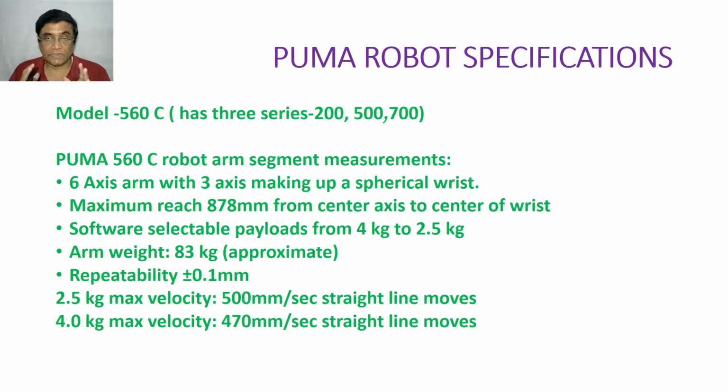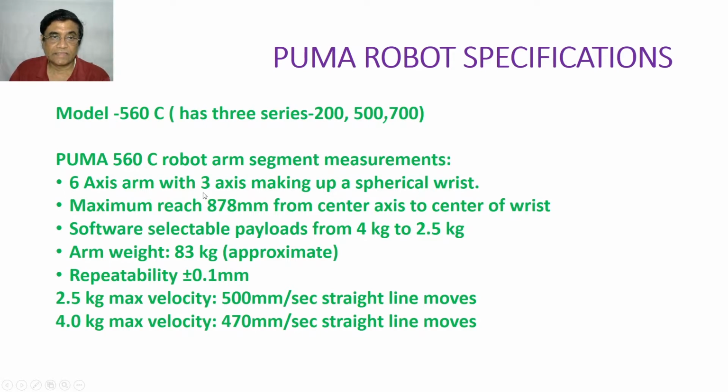So if you got the concepts, then we'll take a little digression and try to see what we mean by robot specification, and what the different applications of a Puma type of robot are. In this lecture, we are going to do that. Okay. So the Puma robot has several series. It started with 200, 500, 700, and the 560 model is very popular, and we have studied that. Okay, and these are its specifications.